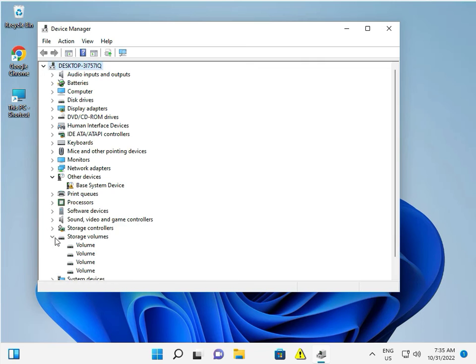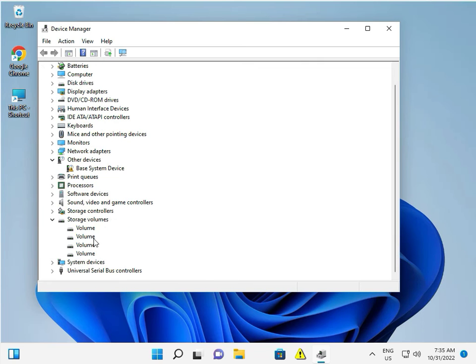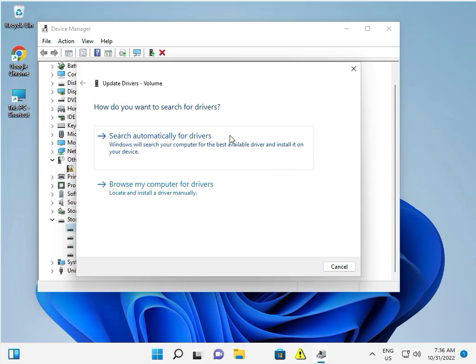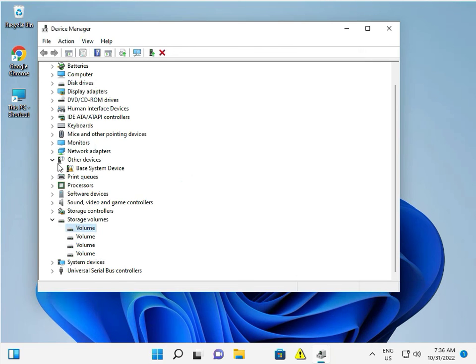storage volume. So all are automatically up to date. Okay, if you're seeing some errors, like error symbols have come, so you just right click and update driver, update automatically. Okay, and you can also check